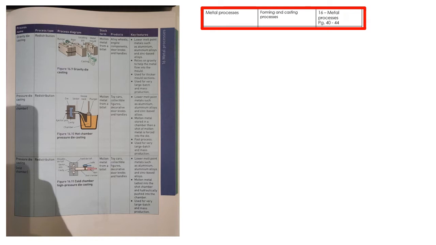And we've also done gravity die casting, where it's just poured into a mold, and we've also done pressure die casting. So we kind of combine those together a little bit, but we've done all of those. Now, you should hopefully have your processes booklet that I've been encouraging you to make notes and draw the diagrams in. But if somehow you've managed to completely misplace that or not make very good notes when you're in the lessons,